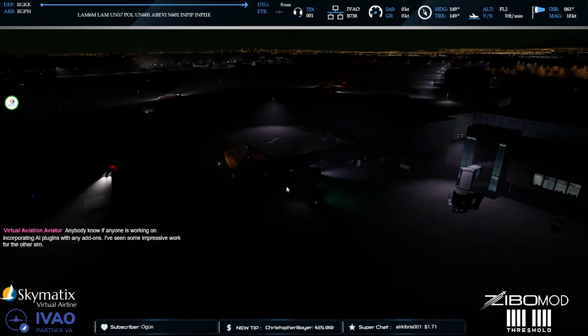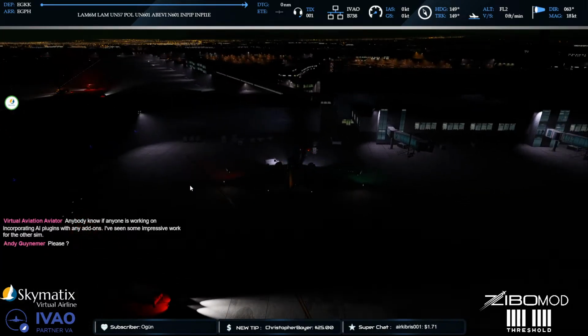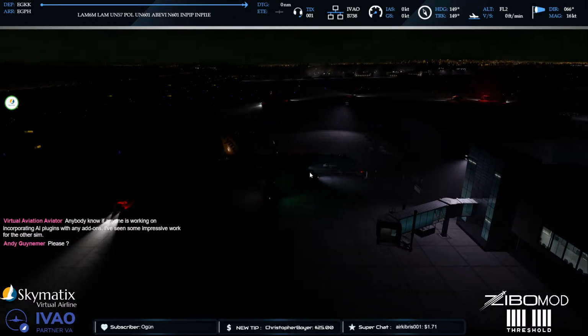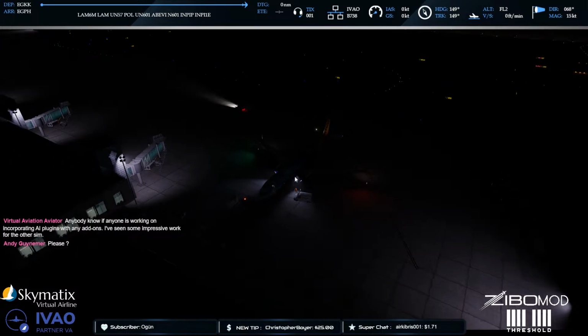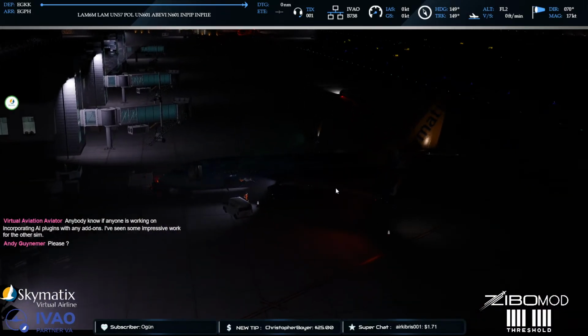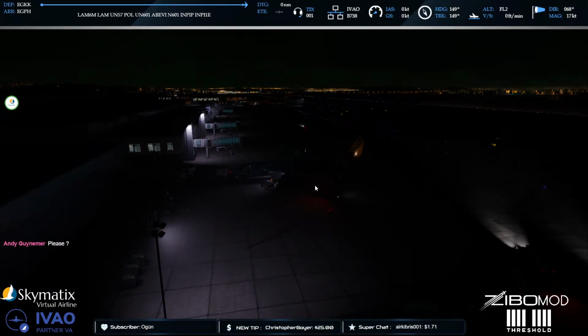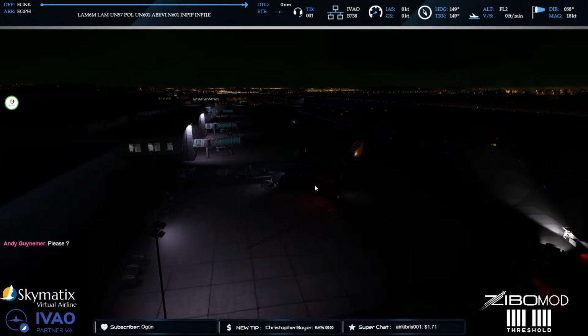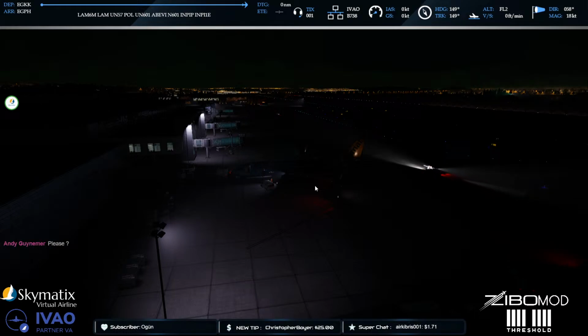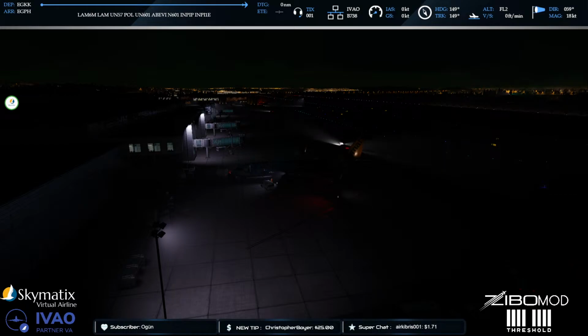Virtual aviation. I've got AI stuff running here, but I can't tell you about it. Unfortunately, there are AI plugins on my system. I'll tell you one of them. The big one is that's incorporated in the aircraft. If I switch it on, it's in infancy stages, but it literally flies the aircraft from point A to point B, and it starts from cold and dark until it gets to the other side, goes and parks, goes cold and dark. Then after a minute or two it fires up again and it flies back to the original airport,